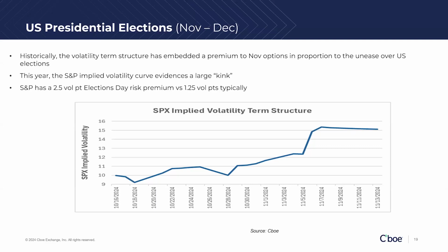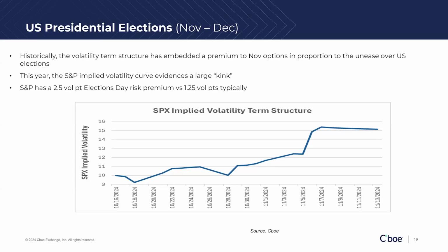It describes the evolution of expectations of volatility on behalf of volatility traders for different points in time in the future. On the x-axis, you can see that we have different dates going out into mid-November, and normally